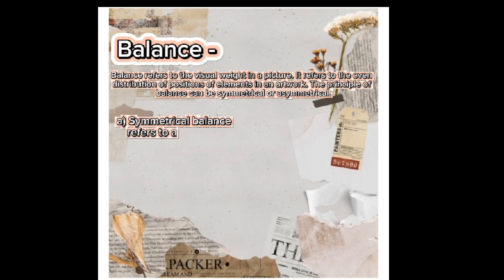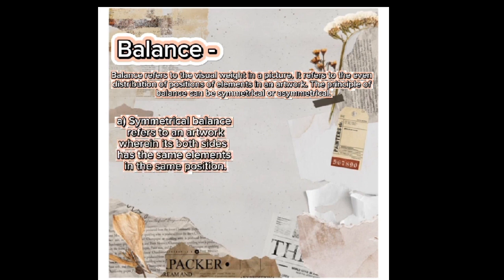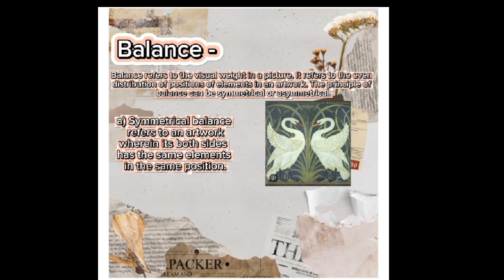Symmetrical balance refers to an artwork wherein both sides have the same elements in the same position. Symmetrical balance occurs when elements are evenly distributed around a central axis, creating a sense of stability and harmony. Think of it like a mirror image where both sides are identical or very similar. So, ito ay may formal na uri ng balanse, magkakatulad ng itsura na makikita sa kaliwa at sa kanang bahagi